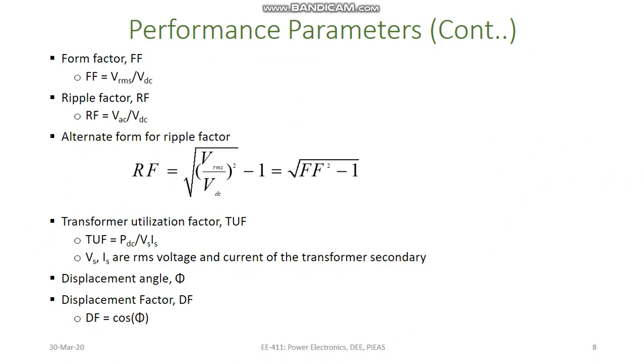Then another performance parameter is ripple factor, RF, and it is the measure of ripple content in our output signal. So it will be equal to VAC by VDC. Now we have introduced an alternative form for ripple factor. Ripple factor is equal to